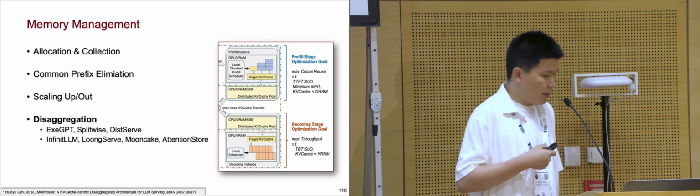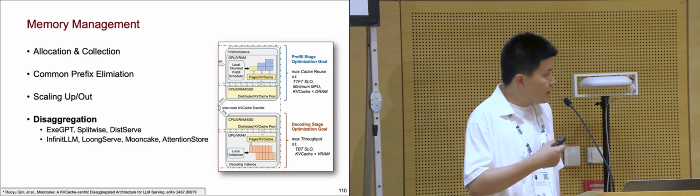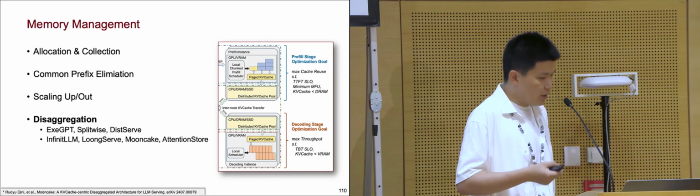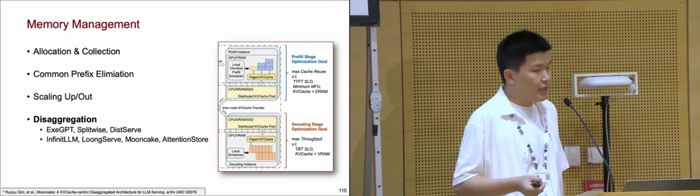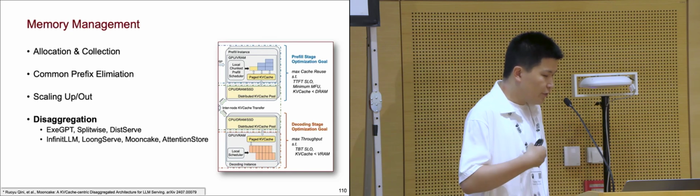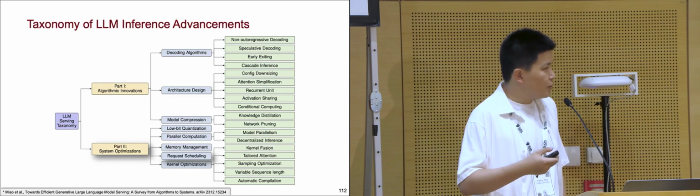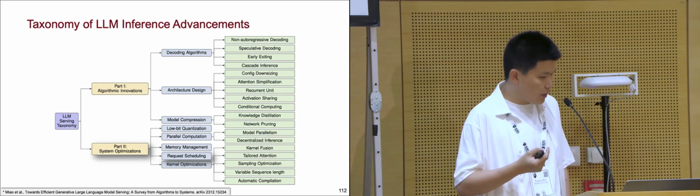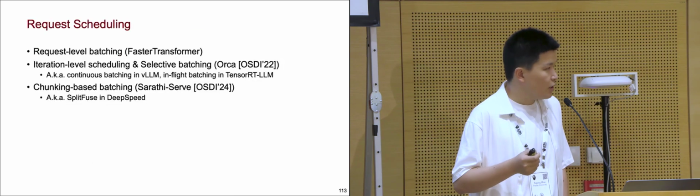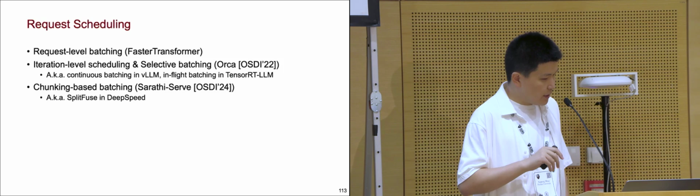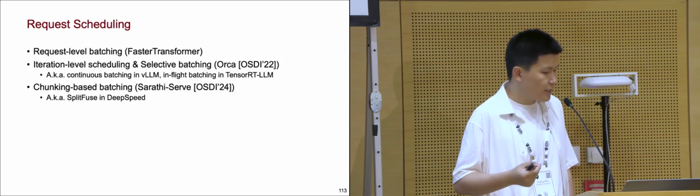One is that people have found the computing property of the inference process can differ between the prefilling phase and the decoding phase, because the prefilling phase has a very long input sequence, but the decoding phase only generates a single token. So they propose a disaggregated architecture to put the prefilling process and the decoding process into